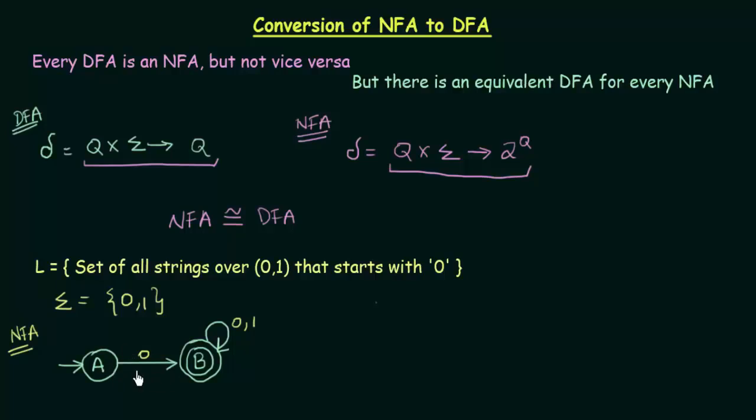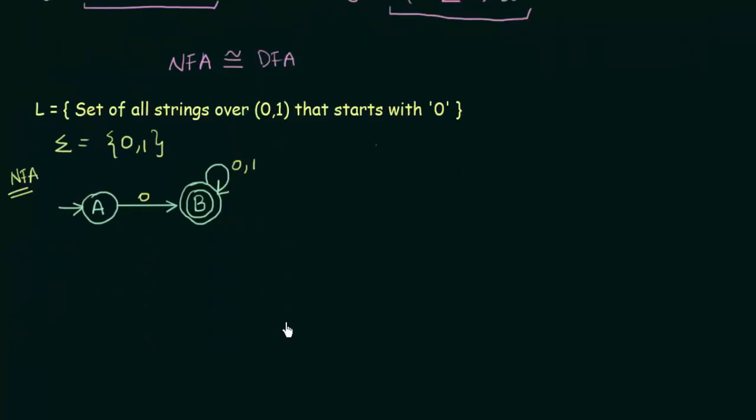Alright, so how do we know it is an NFA? A on getting input 1, I did not mention where it goes. So that is not mentioned means it is an NFA. Okay, now before proceeding, let us just draw the state transition table for this NFA. I will have my inputs here, 0 and 1, and here I will have my states A and B. Okay, now let us fill up this table. A on getting input 0, where does it go? It goes to B.